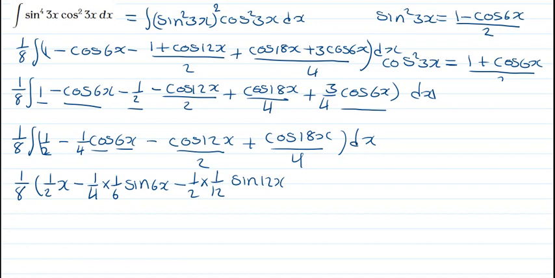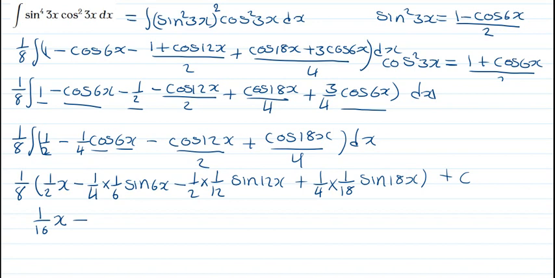Having done that, we can do the last part, where we have plus 1 over 4 multiplied by the integral of the angle, we get 18, so we multiply by 1 over 18 sine 18x plus c. When you multiply this, we're going to get here, we're going to get 1 over 16 x